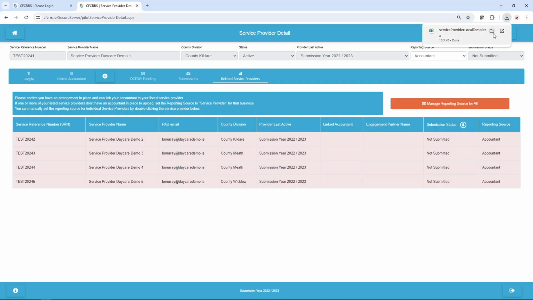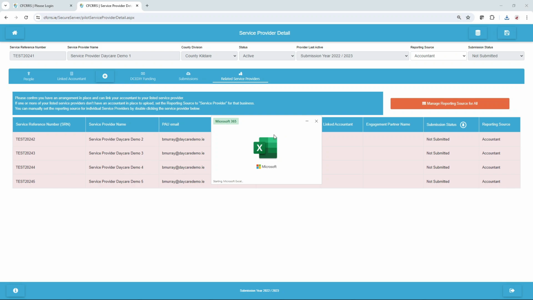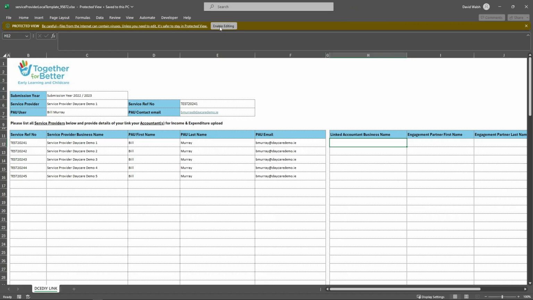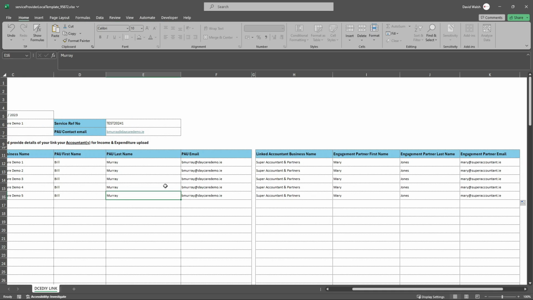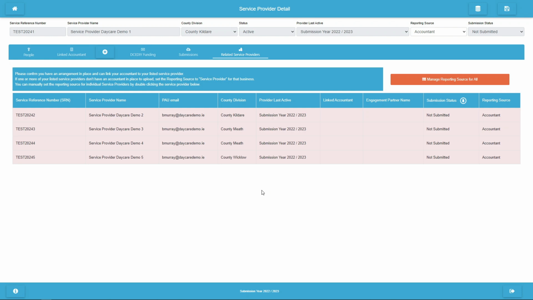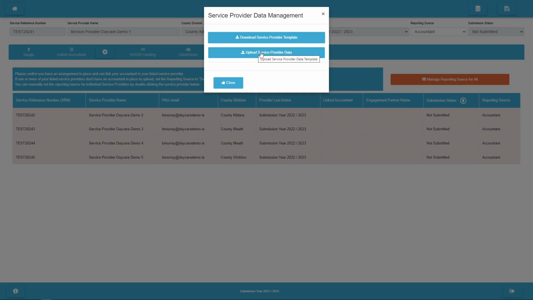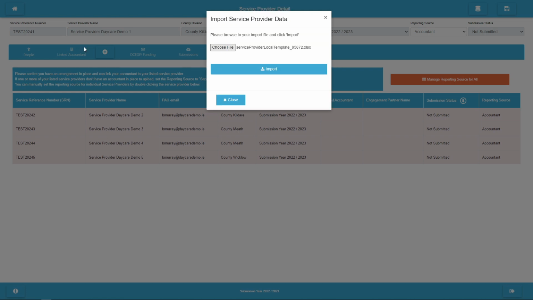The sheet will download and I can open it in Excel. I will need to enable editing. Once I have filled out my sheet, I can now get ready and import it. Click on the icon, click on Upload Service Provider, choose your location, click on Import,